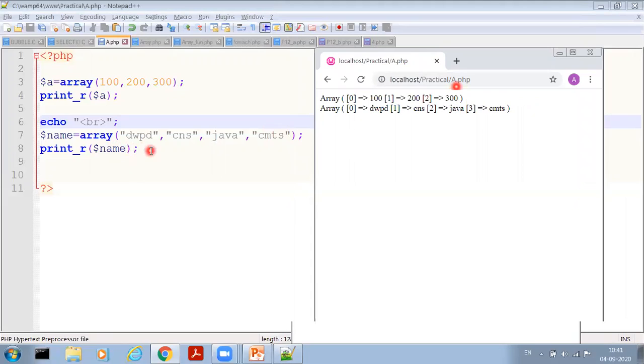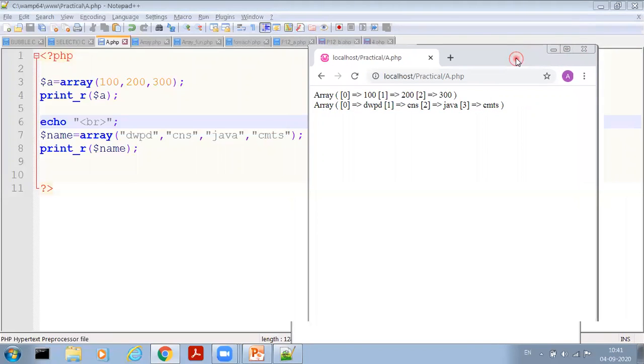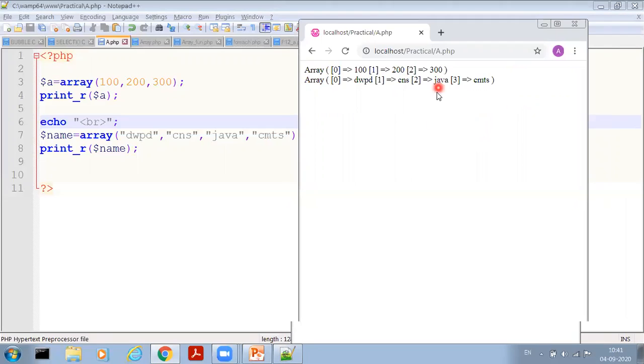So here print_r prints array index 0 for DWPD, 1 for CNS, 2 for Java and 3 for CNTS.